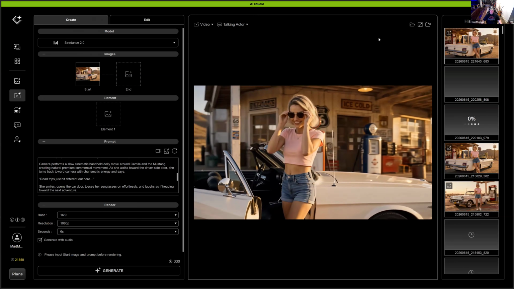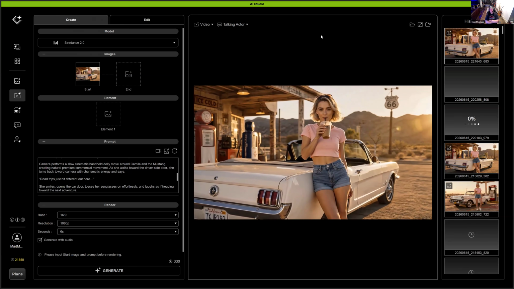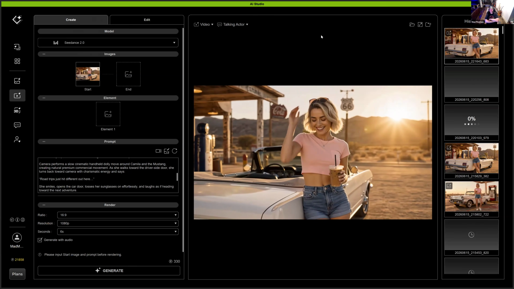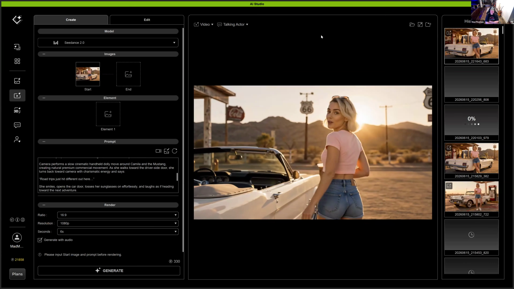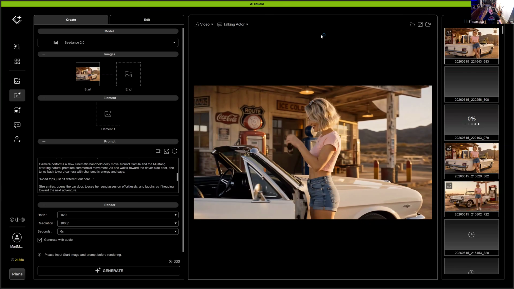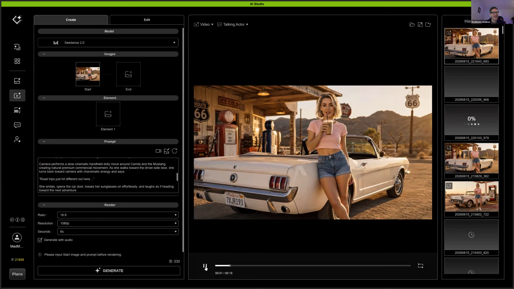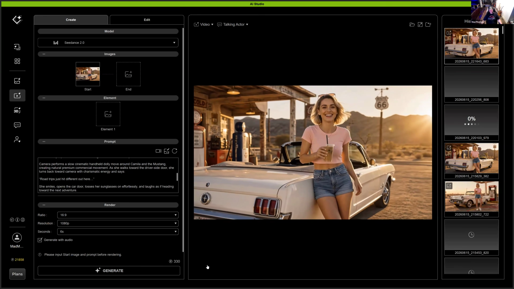Oh, the door opened the wrong way, so we got one little boo-boo at the end, but pretty magical. I could still use the first 12 seconds of this for something pretty awesome. Road trips just hit different out here. But really nice and fun, and that's where sometimes you have to do a little extra. Oh, the cup did vanish. That is one, but in all fairness, she is a blonde, so yeah. Sorry to all the blondes out there. But pretty fun and definitely that little